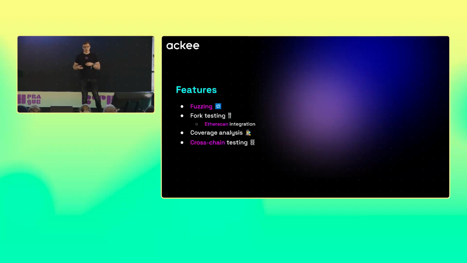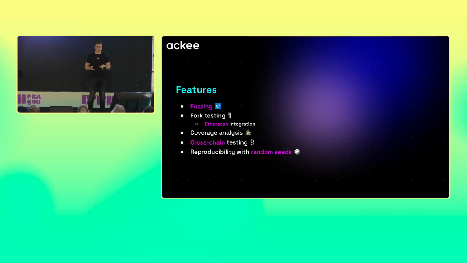There's also support for cross-chain testing, so we can define any number of chains, most probably just one or two of them, and when we are deploying new contracts, we can choose a chain we want to deploy to. This way we can test very interesting projects that need cross-chain testing or that are using multiple chains, and this is a very nice feature needed for cross-chain projects.